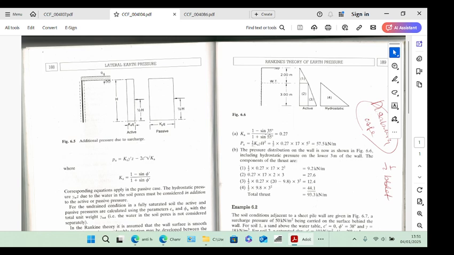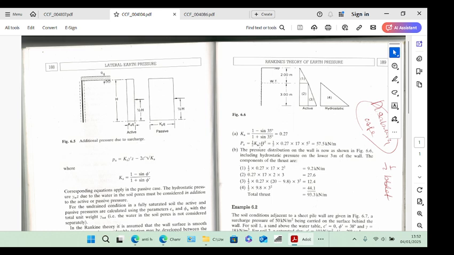Where it says PA, I think that's supposed to be FA, force active. And that's basically like hydrostatic pressure. So that is equal to the area of the triangle. First, you've got to find PA, the active pressure at the bottom of the wall, which is equal to